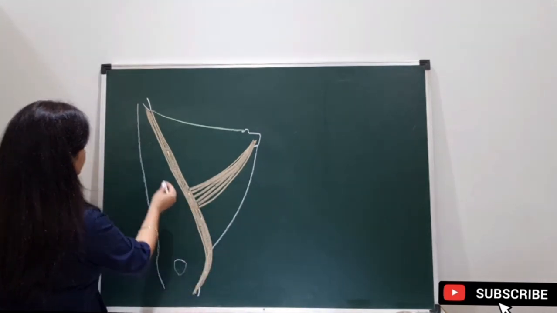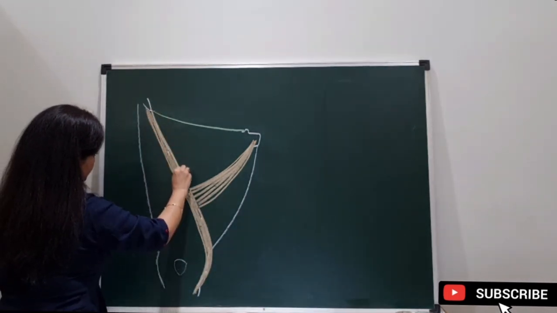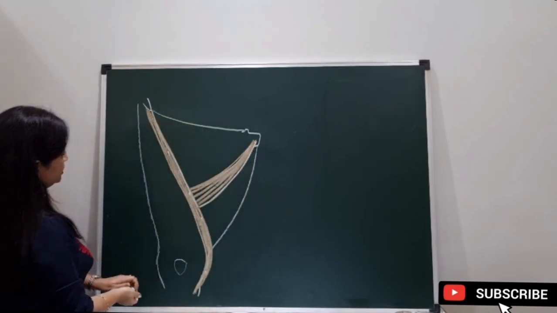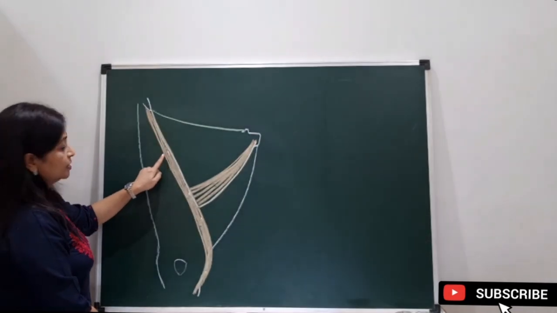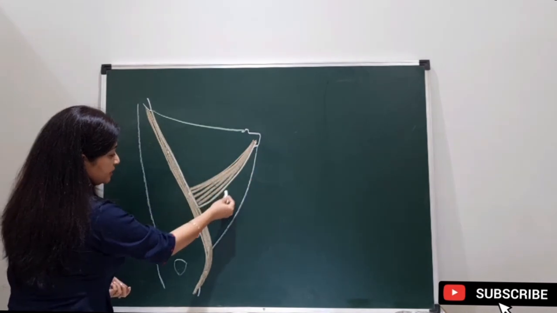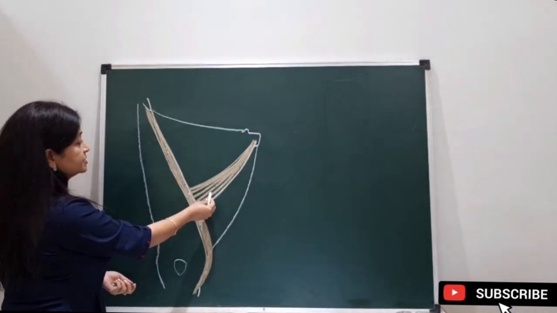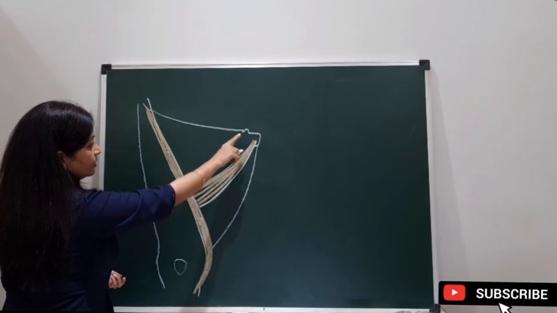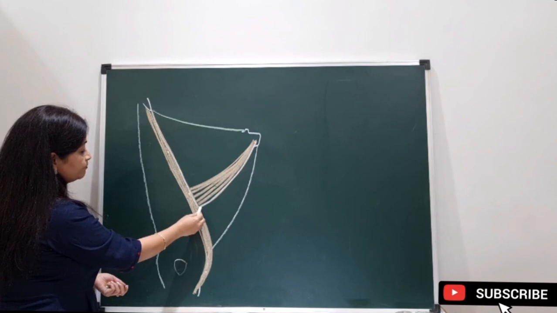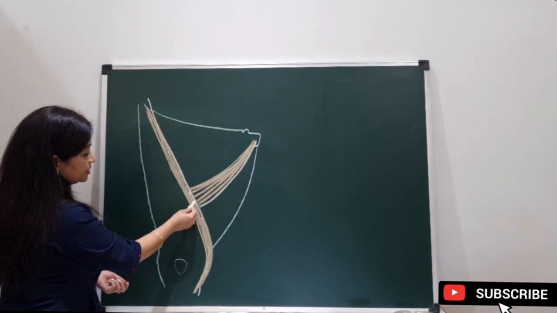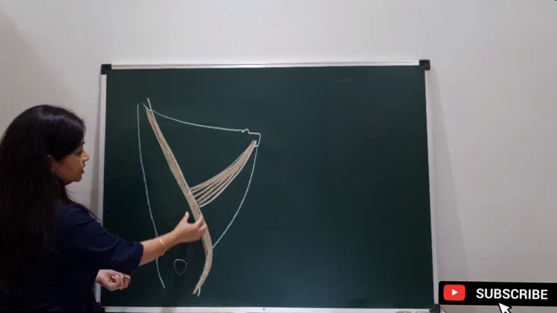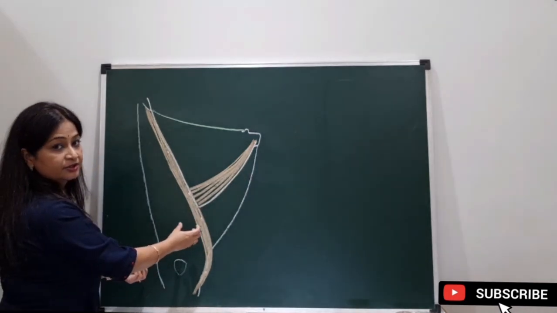So the femoral triangle lies here between them. It is bounded laterally by the medial border of the sartorius, medially by the medial border of the adductor longus muscle. The base is formed by the inguinal ligament. The apex, which lies pointing downwards, lies at the junction of the lateral and medial borders. Now the apex here is continuous with a structure known as the adductor canal.